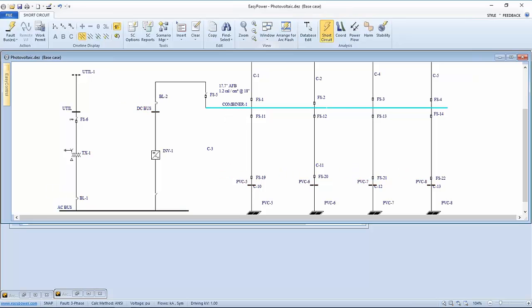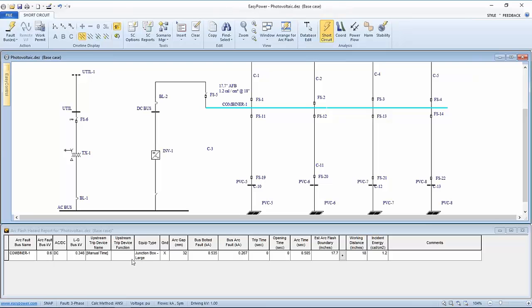And now as we look at the results on the Arc Flash hazard spreadsheet, we can see that 0.5 seconds is what's being used for the calculation time. Okay, again,